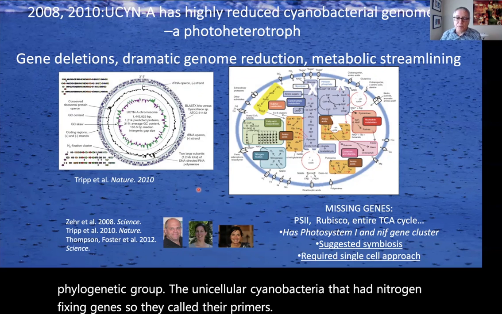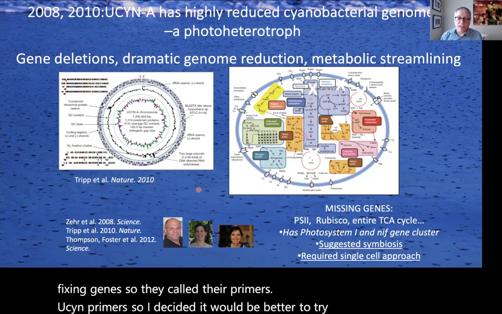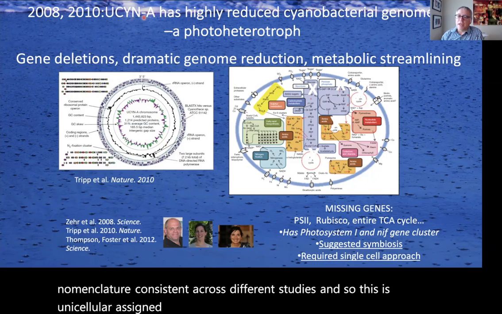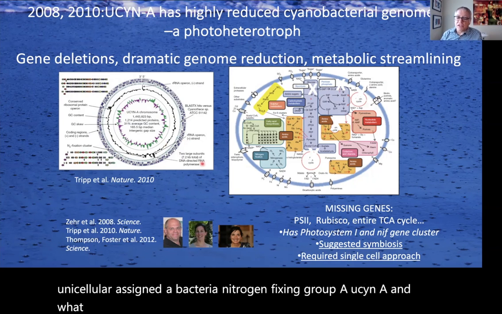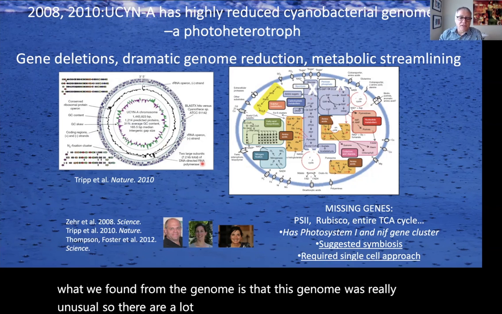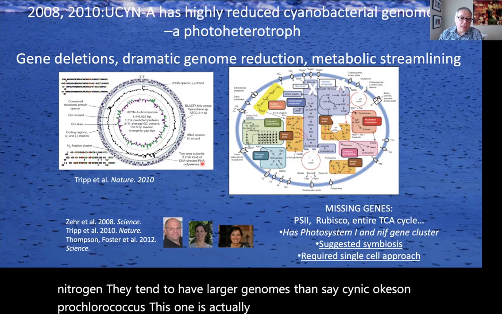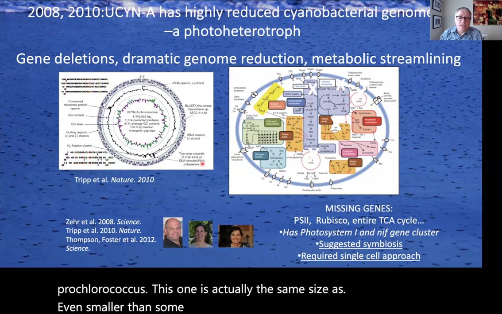So I decided it would be better to try to make the nomenclature consistent across different studies. And so this is unicellular cyanobacteria nitrogen fixing Group A, UCNA. And what we found from the genome is that this genome was really unusual. There are a lot of unicellular cyanobacteria that fix nitrogen. They tend to have larger genomes than, say, Synechococcus and Prochlorococcus. This one is actually the same size as, or even smaller than some Prochlorococcus genomes, because it's missing so many